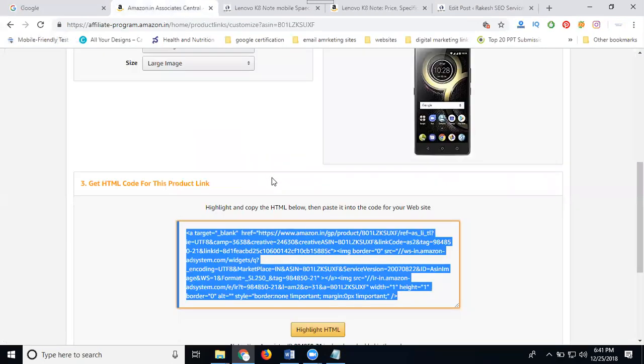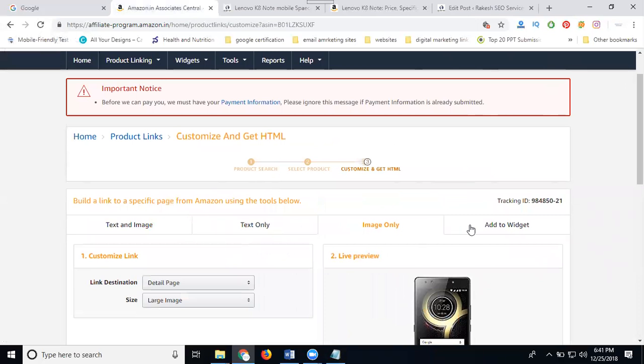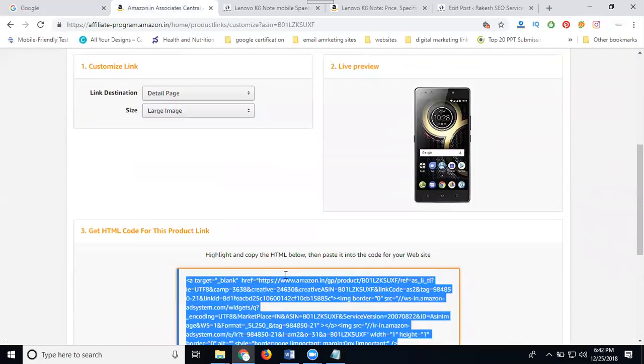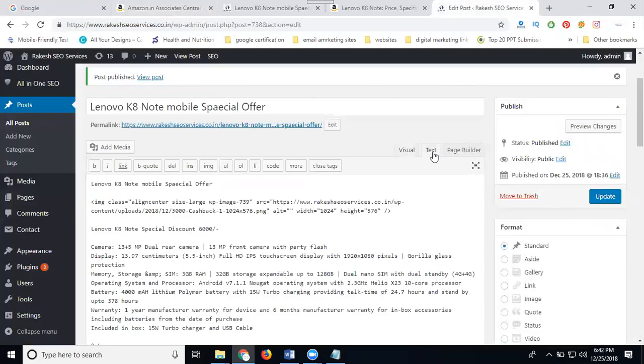There is a doubt. We already have 4 options there. Why can you use image only? The remaining options are disabled when using an ad blocker. So we use image only for when using an ad blocker, so that without the ad blocker the product will be showing with the perfect image. Any affiliate marketing when using WordPress, PHP or HTML, the information is important with the coding. The coding will be our script code. That is text for WordPress, HTML for Blogger, and source for a website, enable and disable.